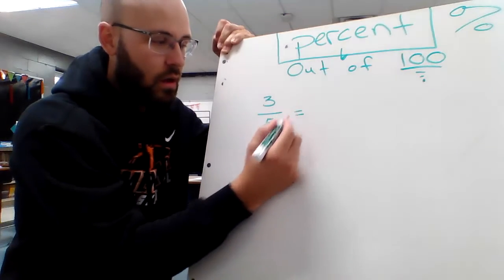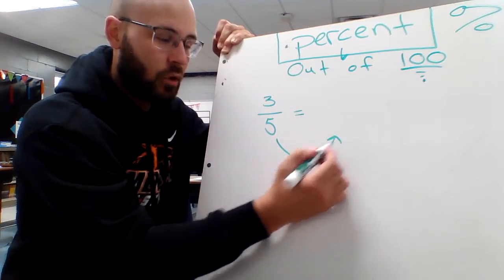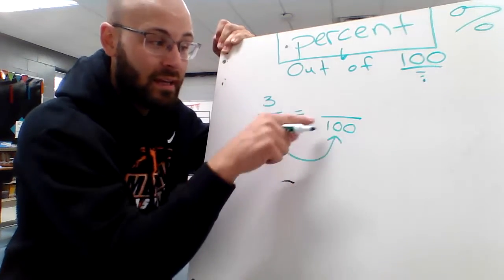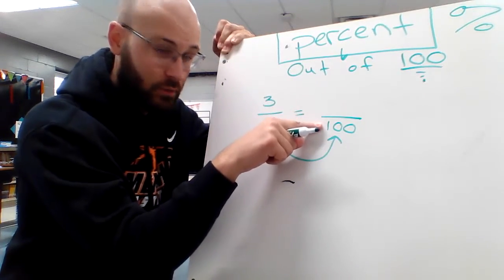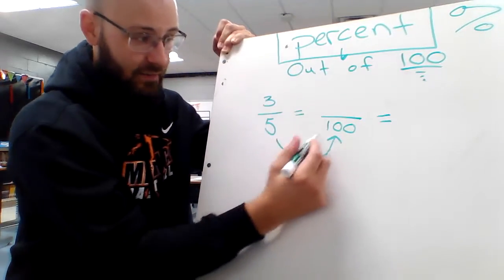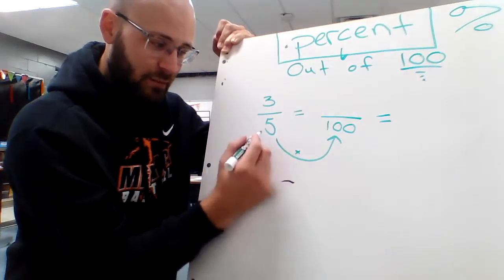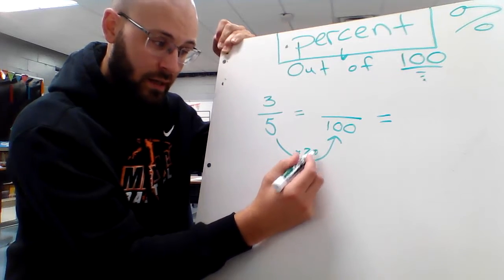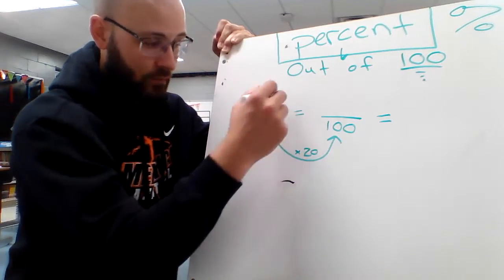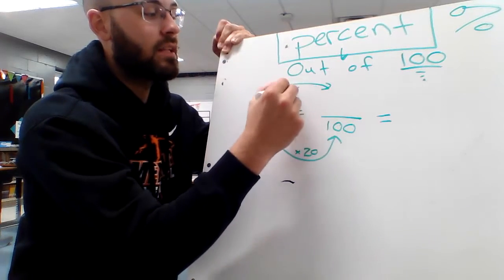Well, don't multiply by 10 now, because I need to make this 100. I needed to make it out of 100. That's what that says. Out of 100%. 5, how does it become 100? 5 groups of 20. I think of $20 bills. 5 $20 bills makes $100. Whatever I do to the bottom, I do to the top. 3 times 20 is